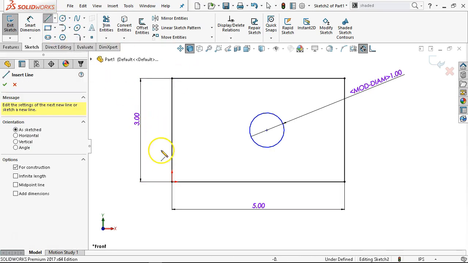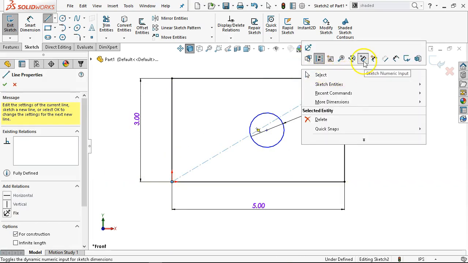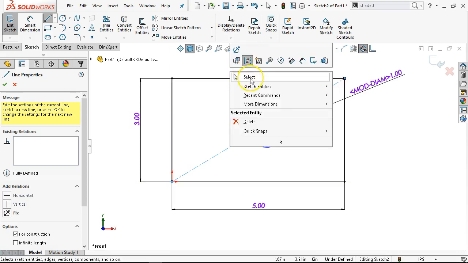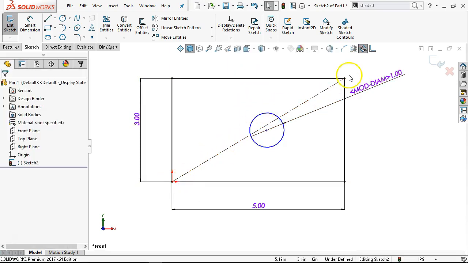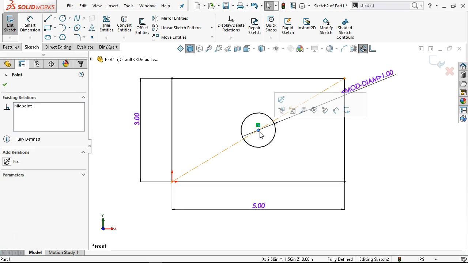So if I want this centered, I'll go into a center line. The difference between a center line and an object line is just that we have set a toggle for construction. Okay, so if I go from corner to corner, there's the pop-up box for numeric input. And so I went coincident to the corner, coincident to the other corner, and just basically drop those points on top of each other. Same with the circle. I grab the center point of the circle and I drag to the midpoint. It shows me that little yellow box. That's my clue that when I drop it, it's going to automatically infer the midpoint relation,